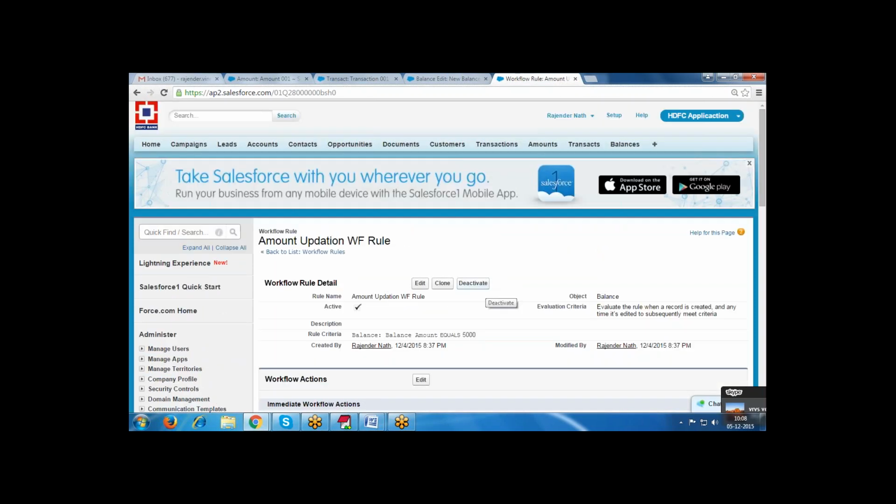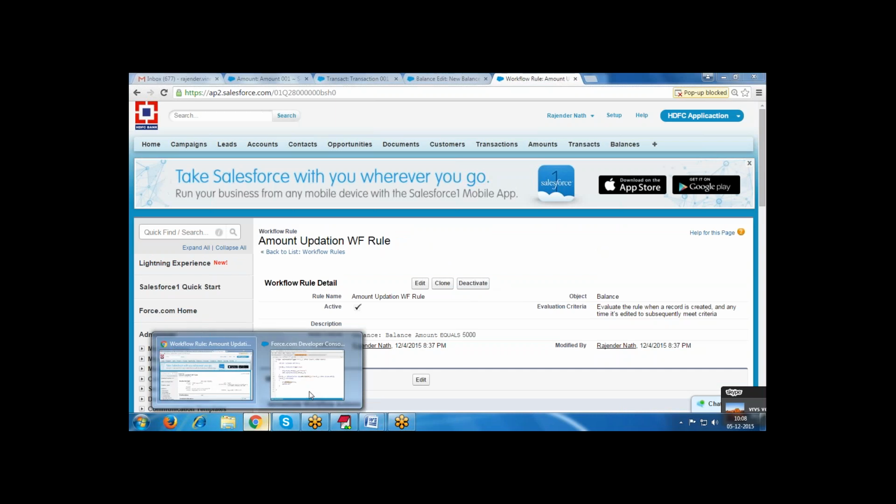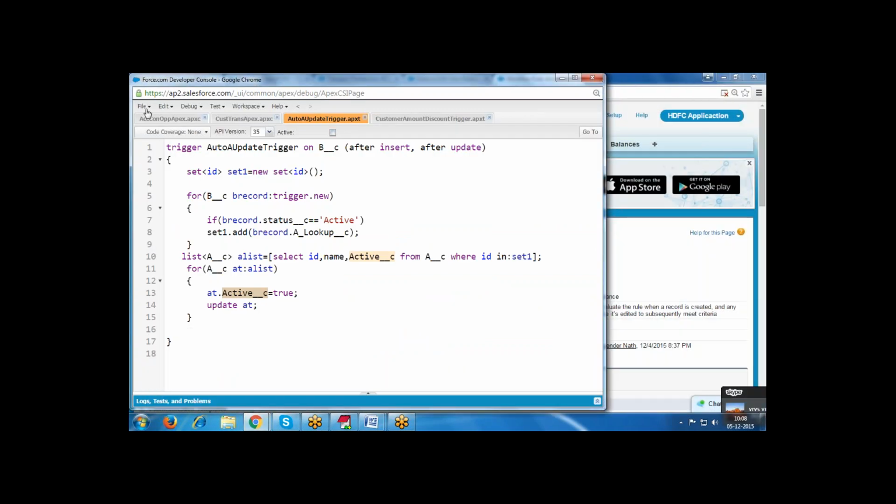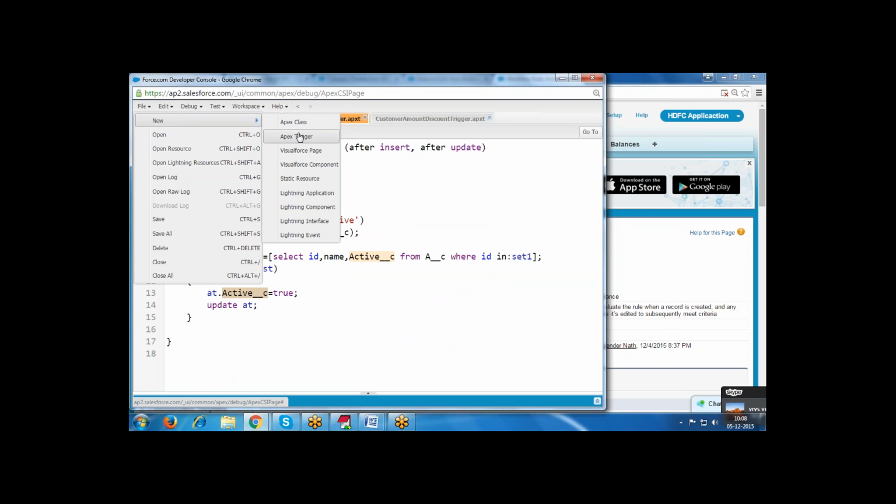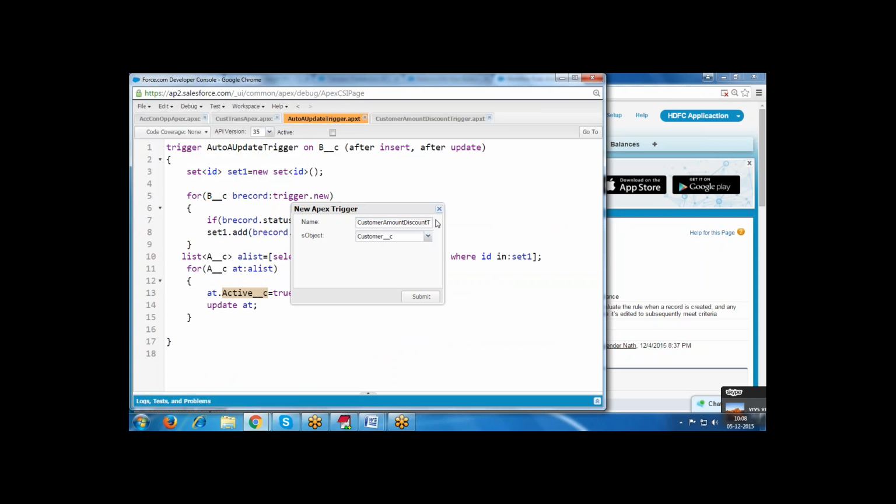Now one trigger is required. Transaction status active trigger on the balance object.